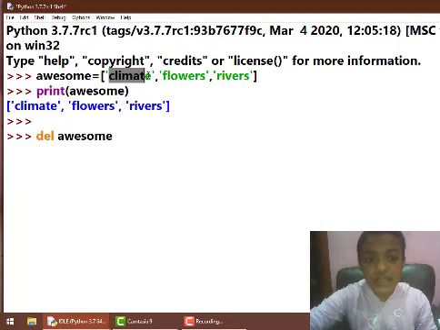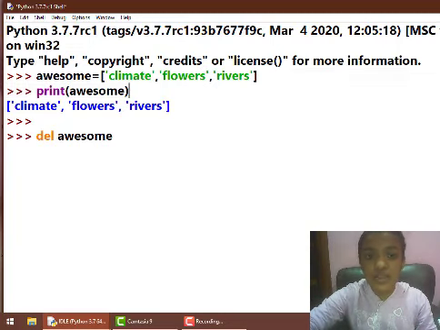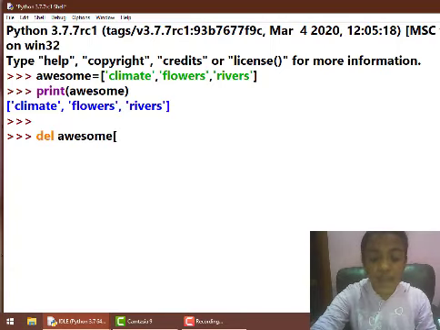So climate has the index number 0, flowers has the index number 1 and rivers has the index number 2. Since I need to remove flowers from this list, and the index number of flowers is 1, here I have to open my square brackets, mention the index number 1 and then press enter.